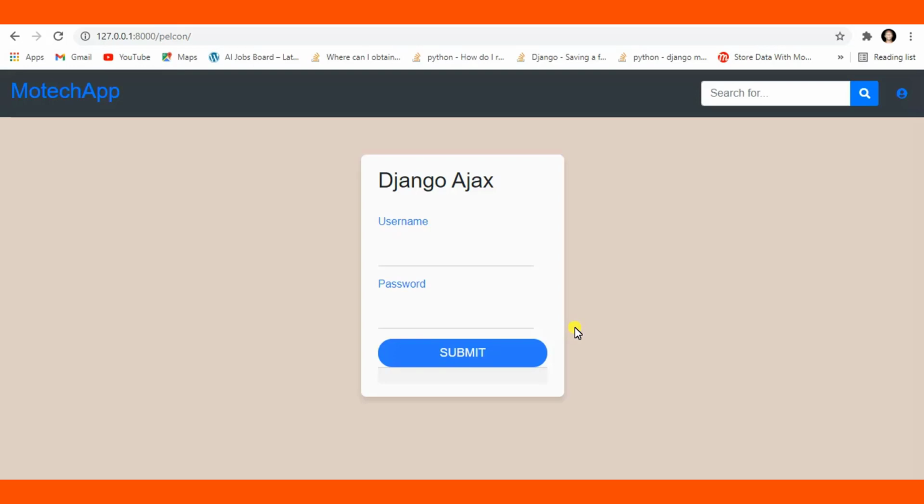In this tutorial, we are going to learn Django Ajax on how we can submit a form without refreshing. Actually, this is how your work will look like at the end of this tutorial, right? Before we start a demonstration, let me tell you